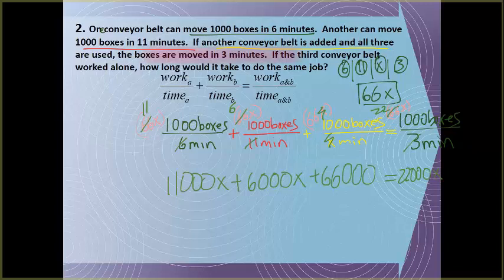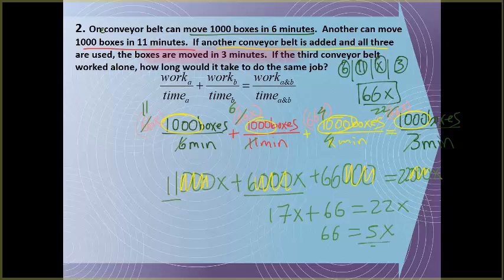Now, these are big numbers, but I'm going to do a trick here. The reason I put the 1,000 boxes up here is because conceptually you need to know it's 1,000 boxes is your job. But I can divide all of this by 1,000, and these guys go away completely. So I'm left with much nicer numbers. So I have 11x, 6x, and that gives you 17x, plus 66 equals 22x. And I'm going to subtract. I get 66 equals 5x, and I divide, and I get